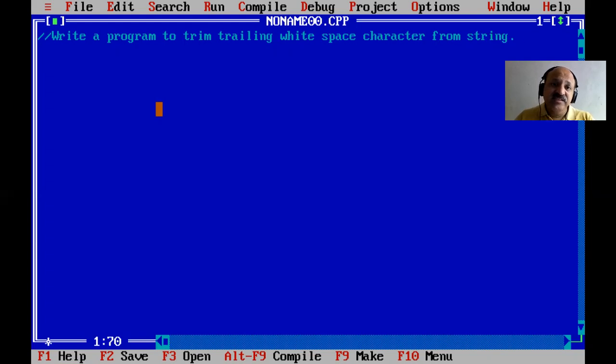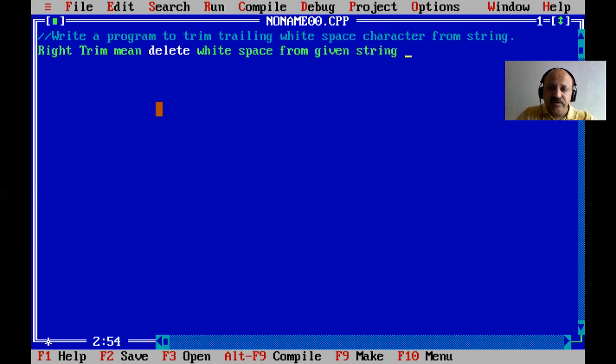So yes, what is the meaning of trim? So that is a right trim. Yes, so what is the meaning? Meaning that we can delete white space from a given string, and that is the right side.